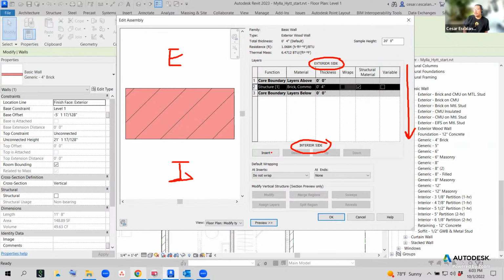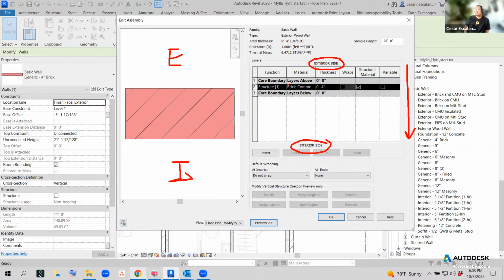The core, row number 1 and row number 3 are not materials, but just visual delimiters or visual references that indicate to the user that the layers in between are structural. So that's the core. You can have multiple layers inside the core. Think of, I don't know, like a double wall in a bathroom partition,